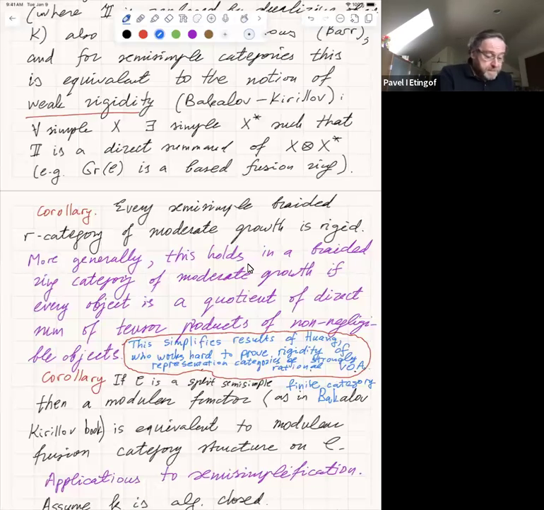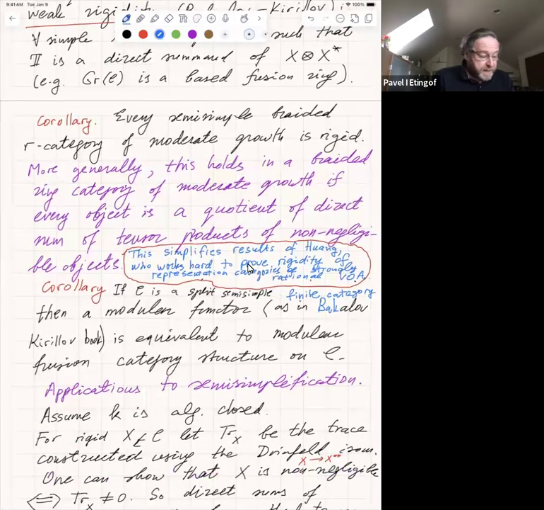And okay, so this takes care of this, and this is actually quite useful. For example, recently using this fact, Pierre Gaitsgory, and of course using some other powerful techniques such as Simpson's non-abelian Hodge correspondence, he proved that braid group representations attached to braided fusion categories over complex numbers are completely reducible. And the same is true for mapping class group representations. It's a very interesting result.